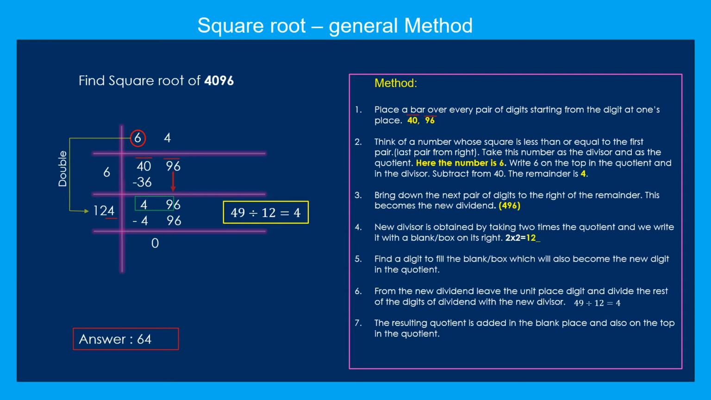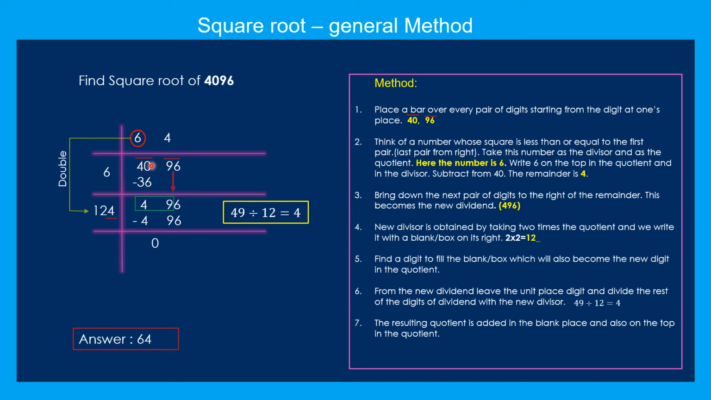One more example. Find the square root of 4096. So first of all, we write down 4096. We draw a vertical line as well as horizontal lines. After writing 4096, we place a bar over every pair of digits starting from the digit at 1's place. So 9 and 6 we make one pair, we put a bar, and 4 and 0 is another pair,